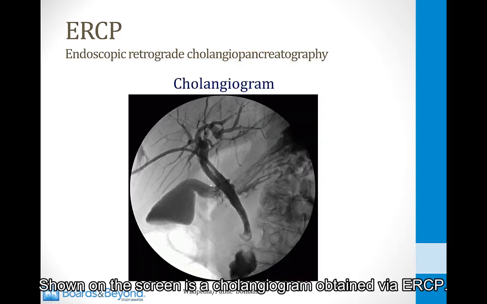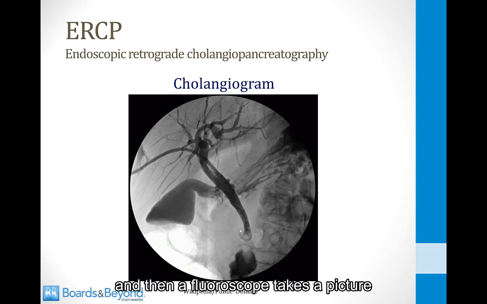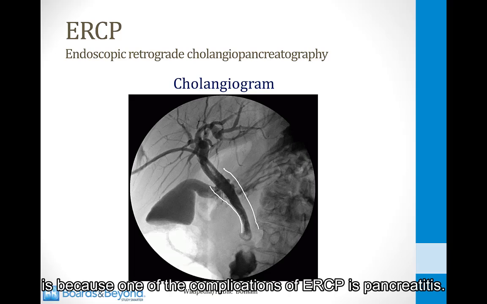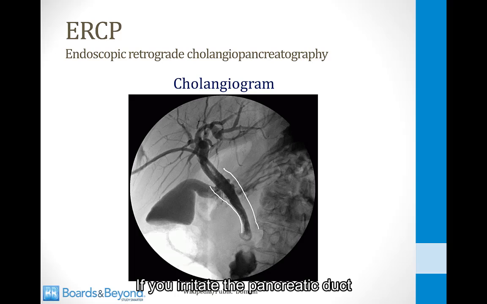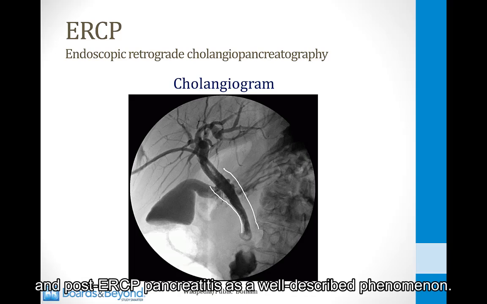Shown on the screen is a cholangiogram obtained via ERCP. So the endoscope is injecting dye into the biliary tree, and then a fluoroscope takes a picture, and you can see the biliary tree filling with black contrast material. And the reason I'm talking about ERCP in the pancreatitis module is because one of the complications of ERCP is pancreatitis. If you irritate the pancreatic duct, that can lead to obstruction of flow of pancreatic enzymes,